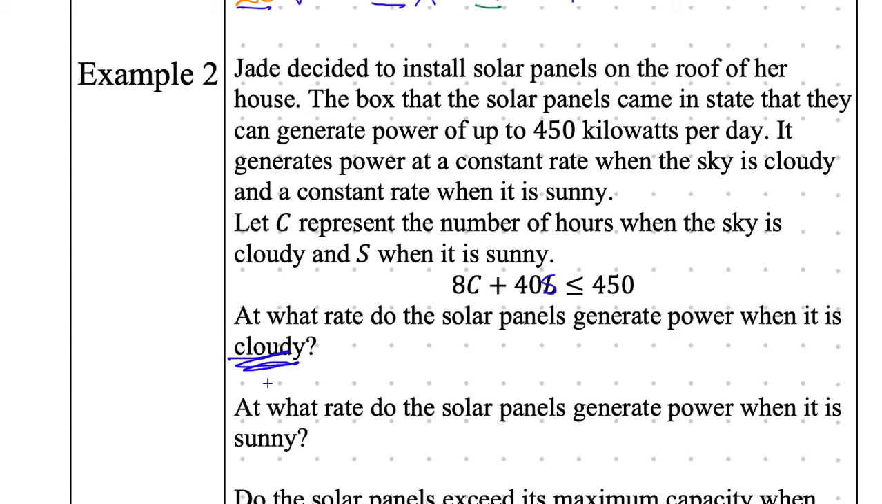There shouldn't be shouting down the answer. Charles, how'd you get 8? Kilowatts, because it's 8C. Done. 8 kilowatts per hour when it's cloudy. That's what that 8C represents. And therefore,